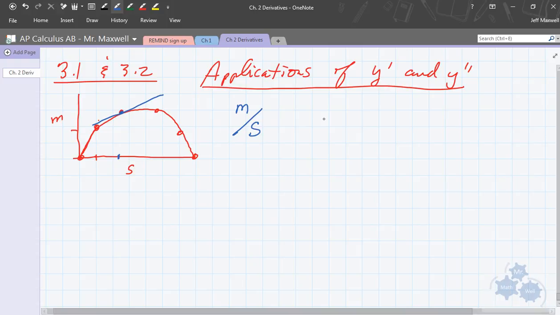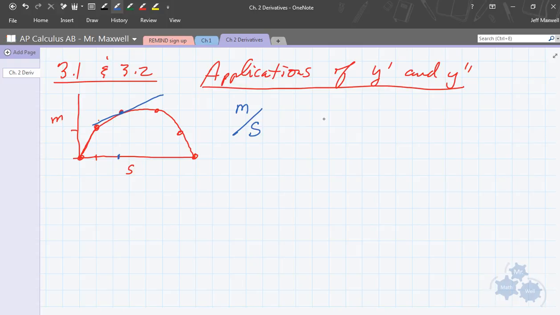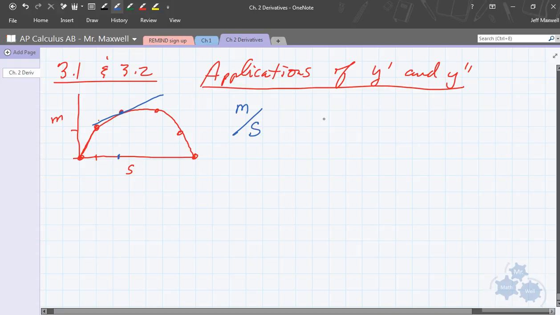And we've talked about this. This is not new. But in 3.1, they formalize it and they explain to you why. And so when you take a look at the position, let's say this is meters above the ground, over time in seconds, the instantaneous rate of change would be the instantaneous velocity or speed. Now, we call it velocity technically because